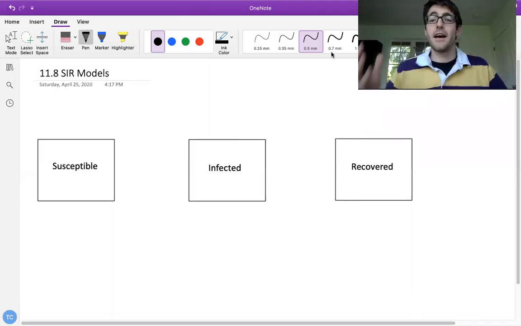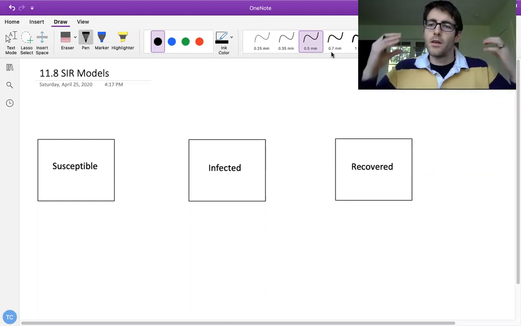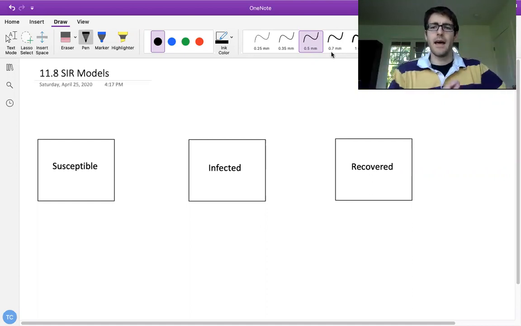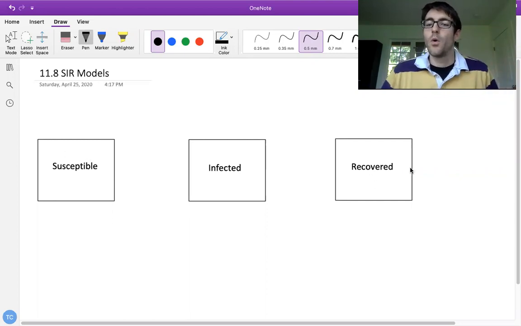This is the SIR model. This is a way of projecting or modeling the spread of some disease through a population. The fundamental idea here is that every person in our society is in one of three different states. Either they are currently infected with the disease, they are susceptible to the disease, or they're recovered, or maybe removed